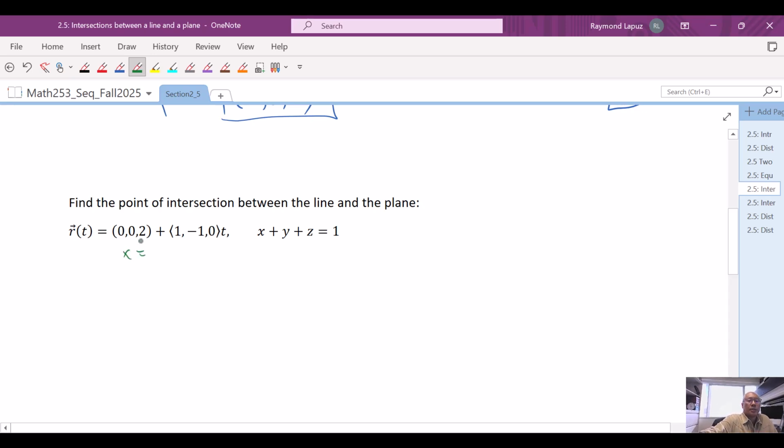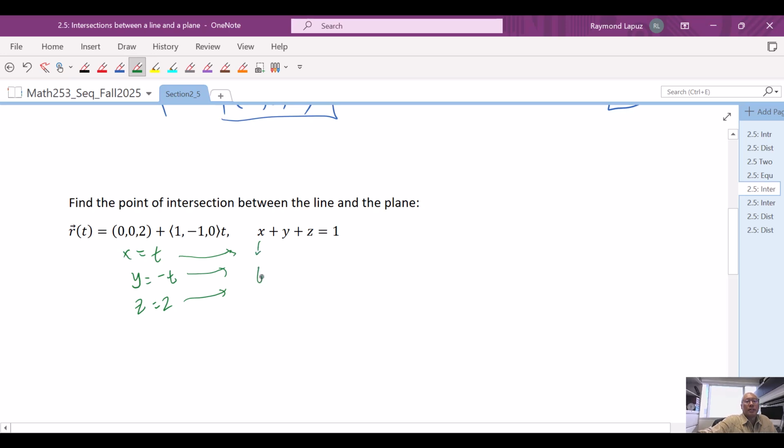So x is going to be 0 plus 1t. Y is going to be 0 minus t. And then z is going to be 2 plus 0t. So that's just a constant 2. Wow, that makes for a fairly nice, easy looking line. And we'll put these values of x, y, and z into the plane,